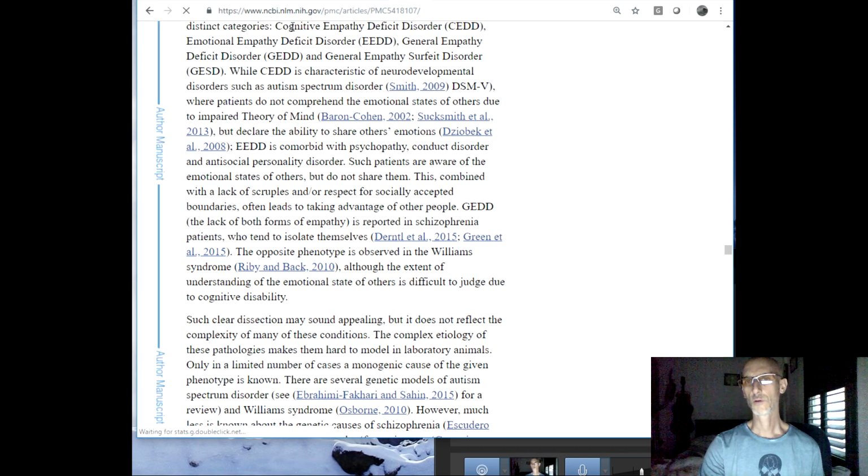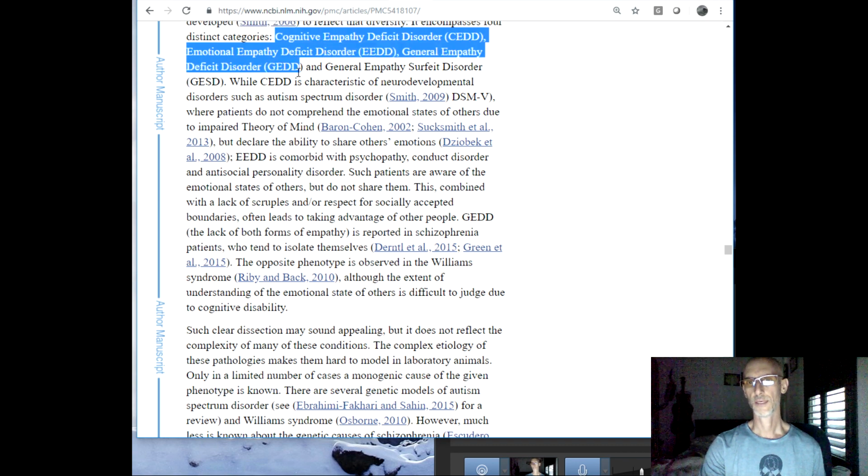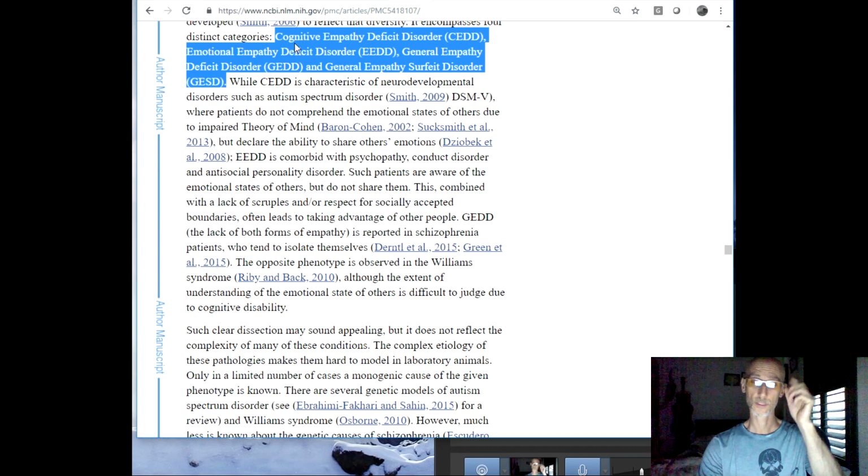Oh yeah, here we're looking at, so I mentioned all the comorbidities with empathy, or you could say they're symptoms, which they probably are, with PTSD, depression, ADHD, etc. Also, just like other mood disorders too. Well, here we have 4 different conditions. This is independent of other psychological conditions. So, different types of empathy deficits that are recognized here.